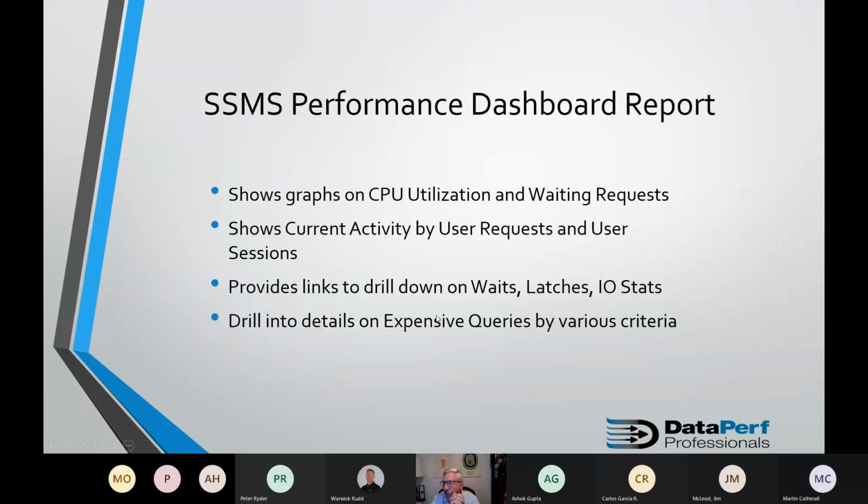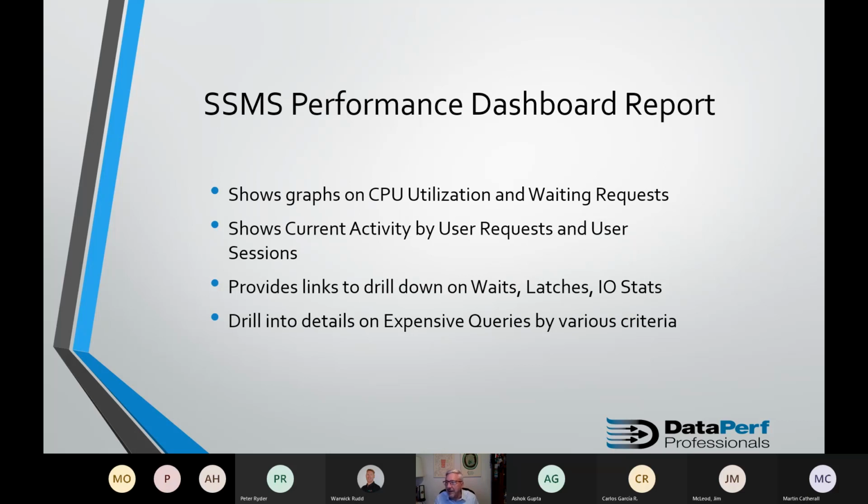Performance dashboard report. Now this was added in about version 17.2 of Management Studio, and it was done very quietly. There wasn't a whole lot of fanfare about it, but it gives you graphs showing waits and CPU utilization. It will give you current activity by user requests or user sessions, and allows you to drill down based on what's going on in your system.